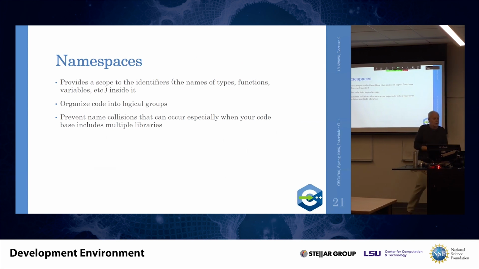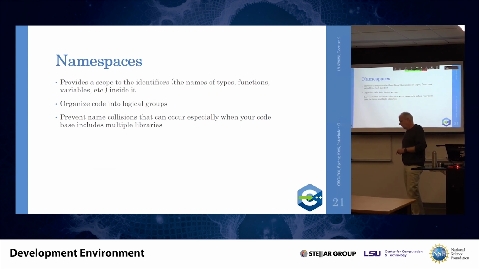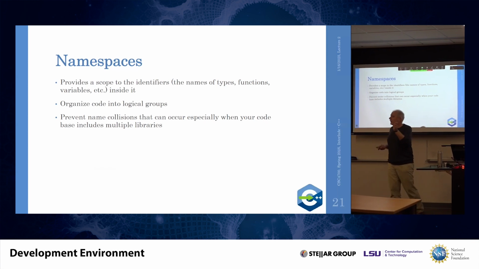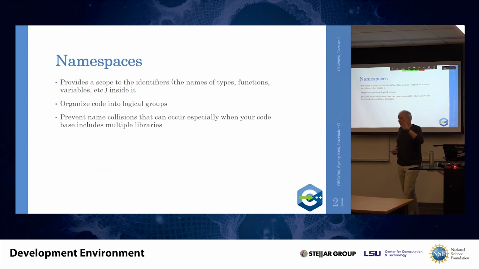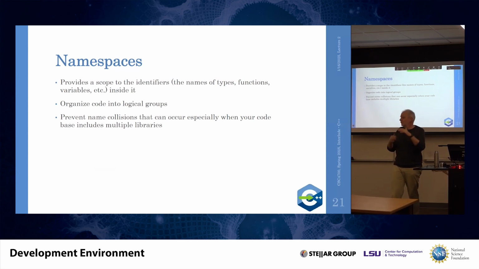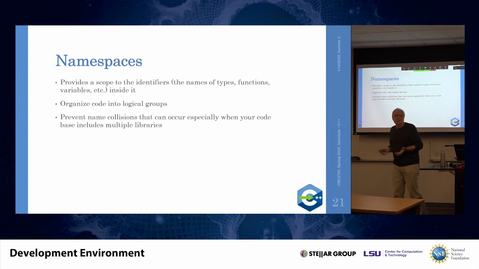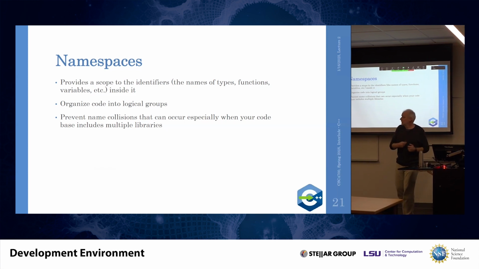What I want to do now is to talk about namespaces a bit, because that is an interesting thing. And you already have seen the std:: annotation before a name in the code I used. And that is nothing else but a namespace. In C++, a namespace is a region of code where the variables have to be unique. And if you want to use the same variable name, you can't do that inside the same scoping, but you can define it in a different namespace. So it allows you to organize code into logical segments, like the std:: is namespace standard. Everything in namespace standard is from the standard library.